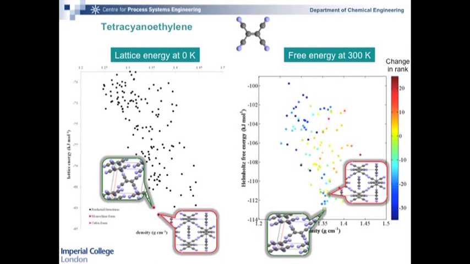And I just want to highlight a few very recent results from Manolis Vassiliadis on including temperature effects. All the calculations that we've done so far are at 0 Kelvin and neglect temperature effects. But he's been developing lattice dynamics calculations in order to be able to calculate the free energy and really take into account temperature. And so he's looked, for example, at this molecule here, tetracyanoethylene. And so this is a lattice energy landscape at 0 Kelvin.